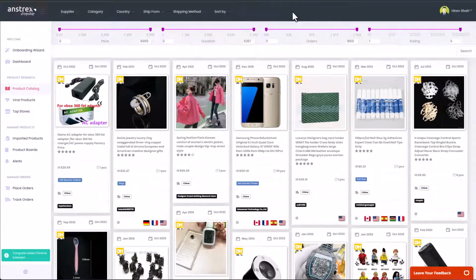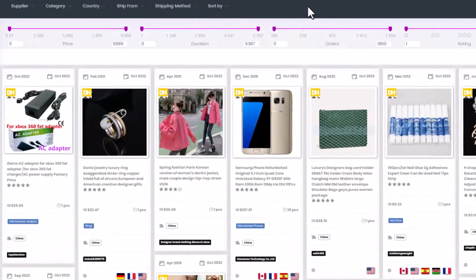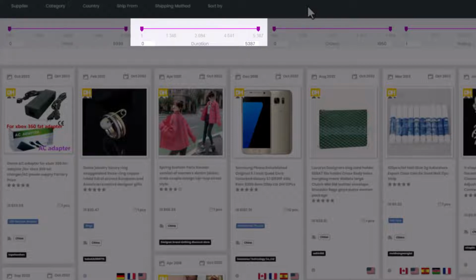Below that, you have what we call sliders. Sliders are special kind of filters which have only numerical values associated with it. And we have 4 different sliders. As you can see here, the first one is the price range. The second one is the duration, which is the number of days for which the product has been active on